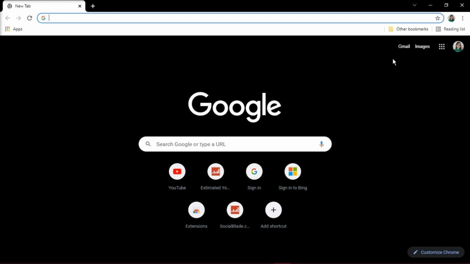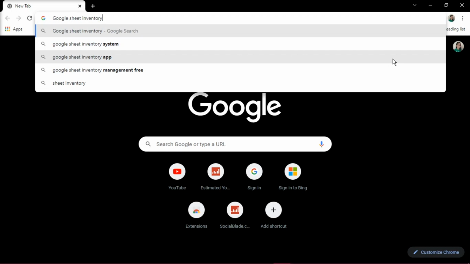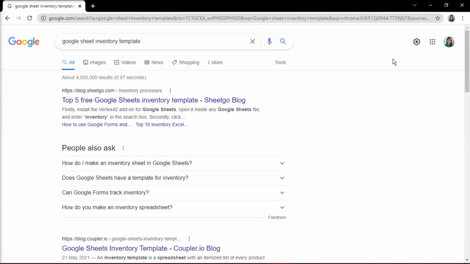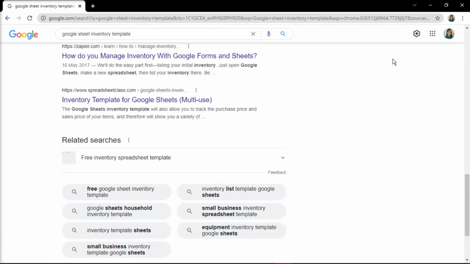some templates online and alter them based on your needs. And here's how you can do that. First, open up a browser, then type in Google Sheet Inventory Template in the search bar. You may choose from a variety of options,